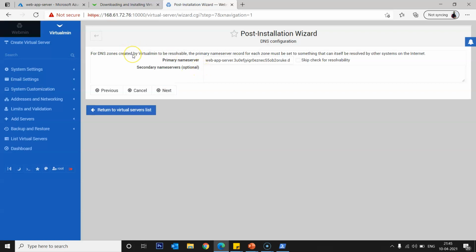If you want to use this server as a DNS server, you need to give the server name, or you can choose any name. I'm skipping this for right now because I want to use my GoDaddy and ISP provider as a public DNS. Next.